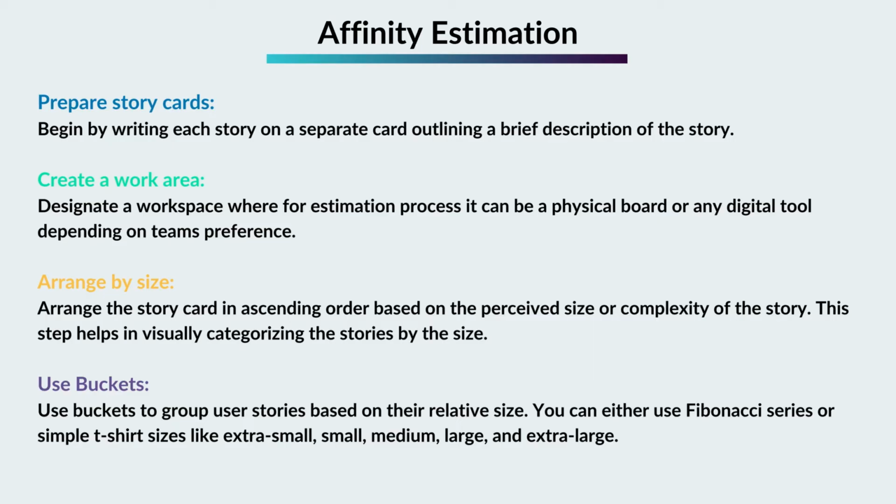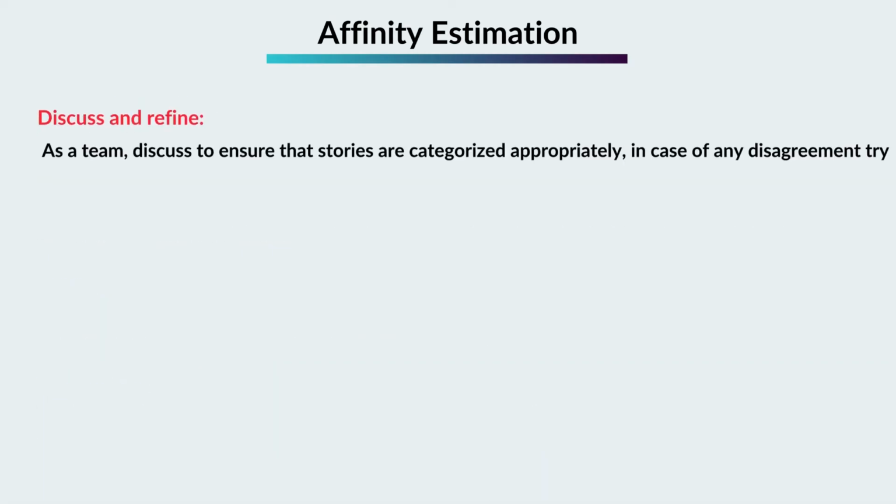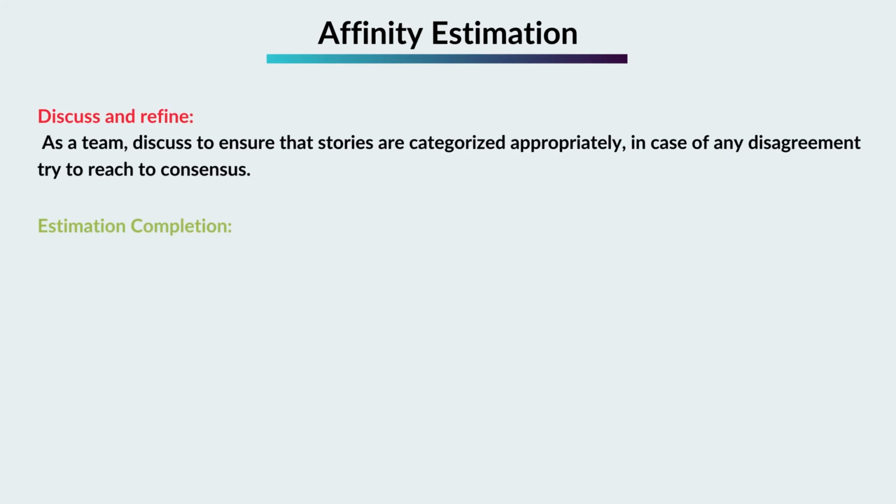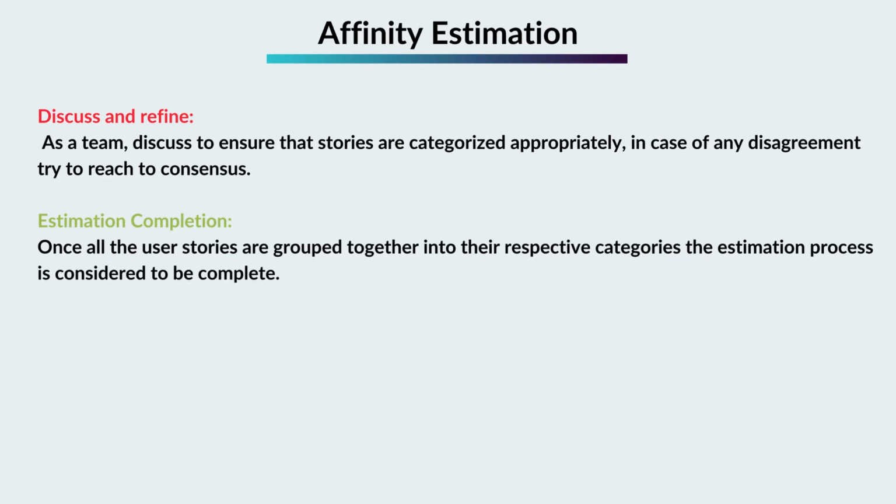You can either use the Fibonacci series or simple t-shirt sizes like extra small, small, medium, large, and extra large. Discuss and refine. As a team, discuss to ensure that stories are categorized appropriately. In case of any disagreement, try to reach consensus. Estimation completion. Once all the user stories are grouped together into their respective categories, the estimation process is considered to